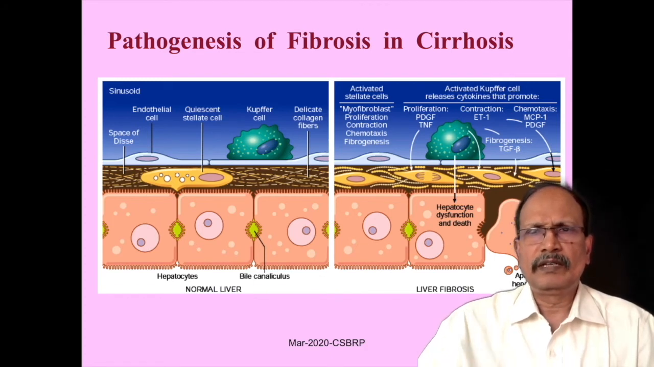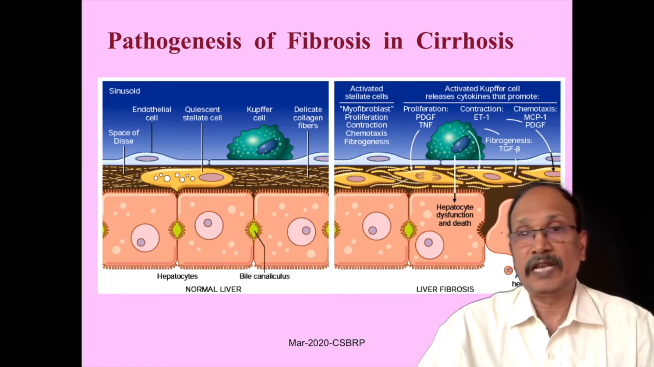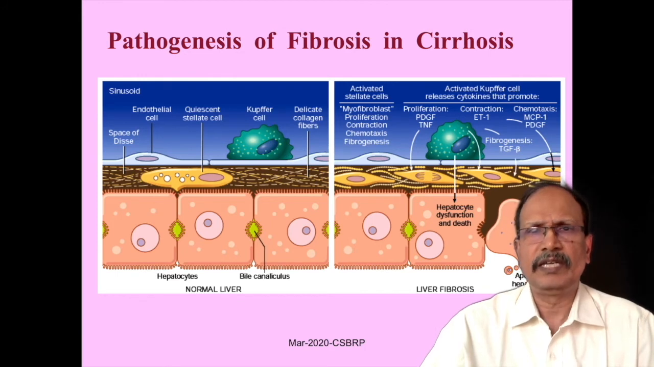And this stellate cell not only synthesizes the collagen, it also exhibits certain properties like contraction. Because of this contractile property, it is equated with myofibroblasts. So when the stellate cell is irritated, it becomes a myofibroblastic variety of cell, which, in addition to synthesis of collagen, also has the capacity to contract like smooth muscle, and it has the capacity to divide, and it produces lots of